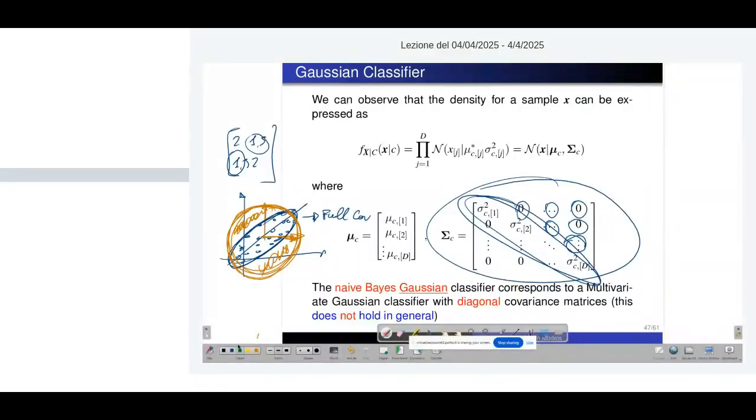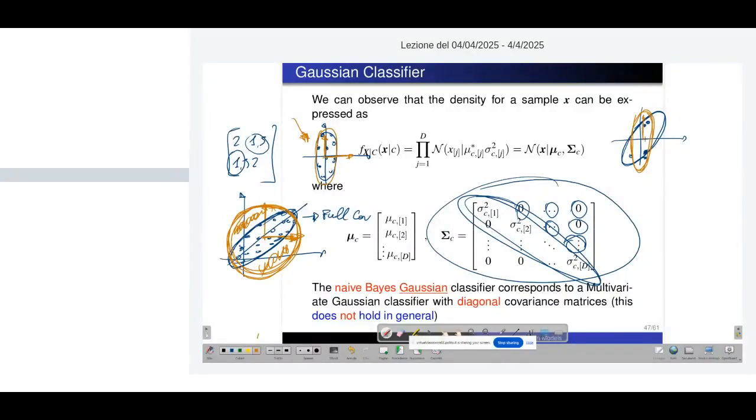Of course, if my samples have components that are almost independent, like in this way, then my naive Bayes model will work well and will actually find the right solution. It is useful when I know that this holds, but for example, I have few samples like this. If I compute an empirical covariance matrix on this data, I will probably get something that looks like this. But if I know that this holds, then the naive Bayes model can do better because it